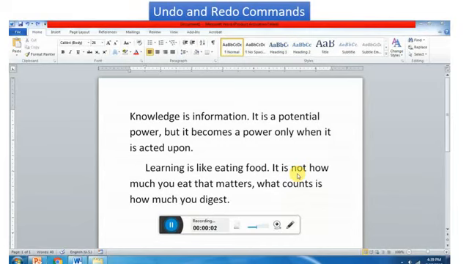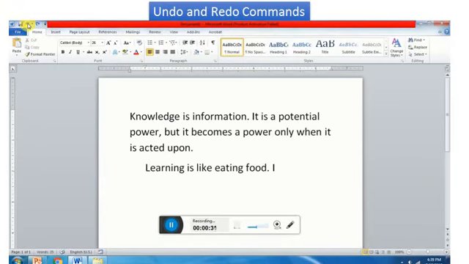Undo and redo command. Microsoft Word keeps track of all the changes that we make in a document. We can easily undo any change and restore the original text. First we'll see undo option. Undo option reverses the effect of last command. To reverse one or more than one action, click on undo command. This is the undo command which is there on the quick access toolbar.